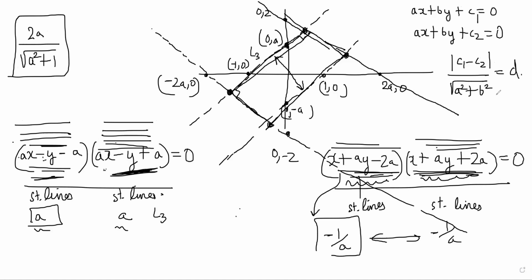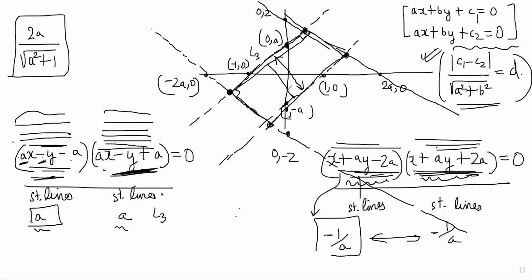Okay. This formula we will see when we do SL learning. So, that 2a by root a square plus 1 thing is very close to the answer if you saw the option choices. Forget about the answer. This is what is coming right now, right? So find the distance between these two parallel lines, a minus minus a by root over a square plus 1, right? Yeah. This is a formula that we will see in our theory soon, in SL we will learn this. So you can already write it down, the distance between two parallel lines.